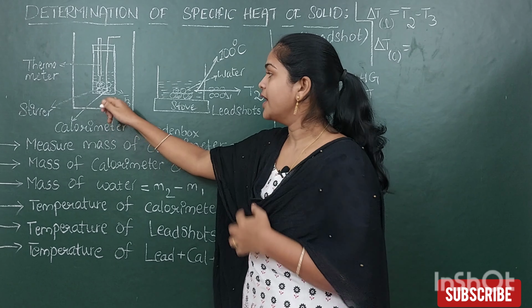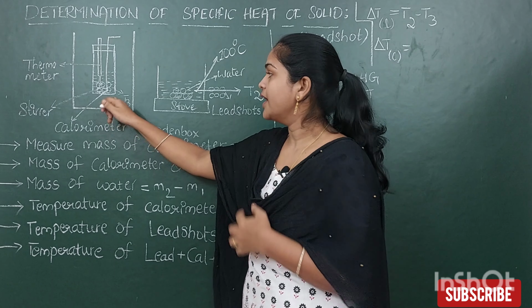SL is equal to M1 into SC into T3 minus T1, plus M2 minus M1 into SW, specific heat of water, into T3 minus T1,